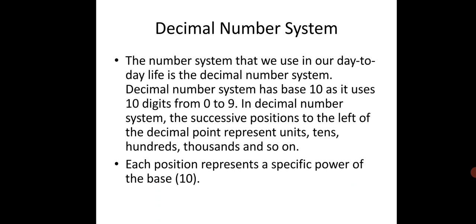The number system that we use in our day-to-day life is the decimal number system. Decimal number system has base 10 as it uses 10 digits from 0 to 9. As I have already told, the radix of the decimal, that is 0 to 9, is 10. In decimal number system, the successive positions to the left of the decimal point represent units, tens, hundreds, thousands